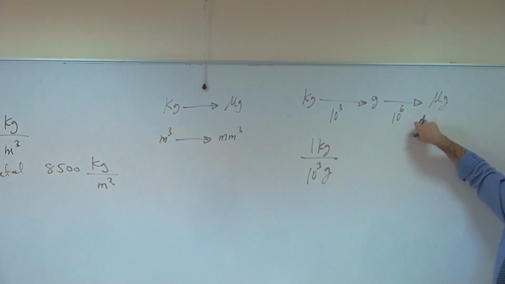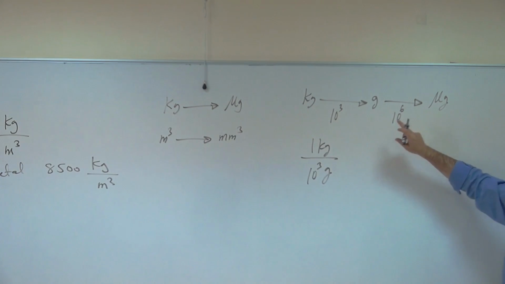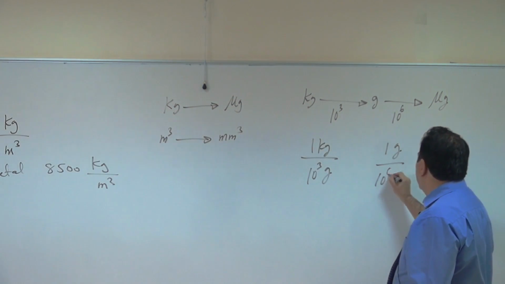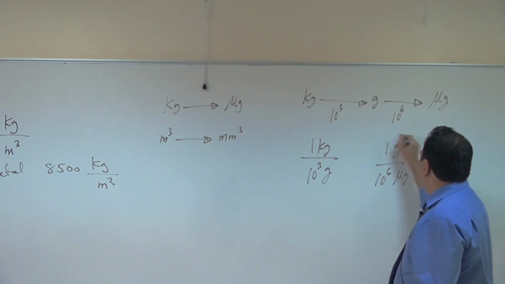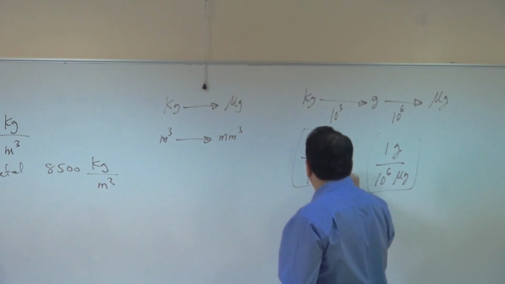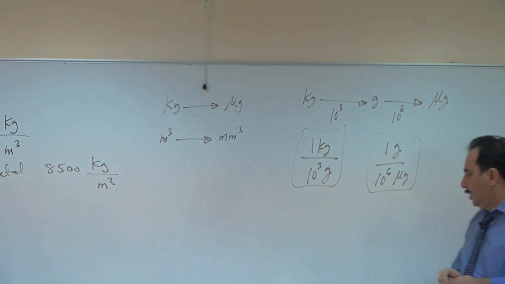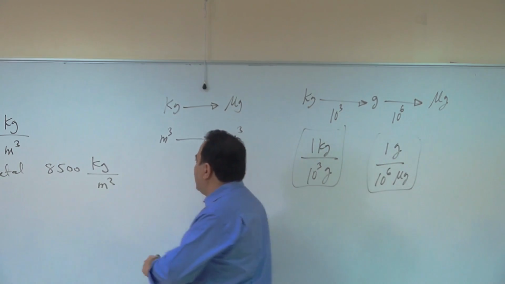Now here, gram, microgram, which one is big? So you say 1 gram over 10 to the power 6 microgram. So this is the second conversion. This is the first conversion. So I need 2 conversions for the numerator. Now, to go to the denominator,